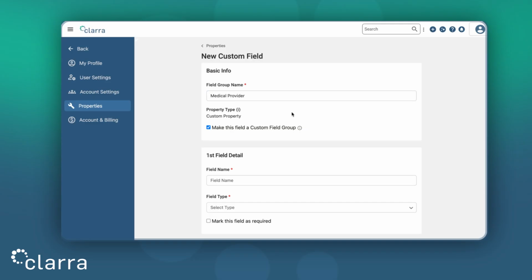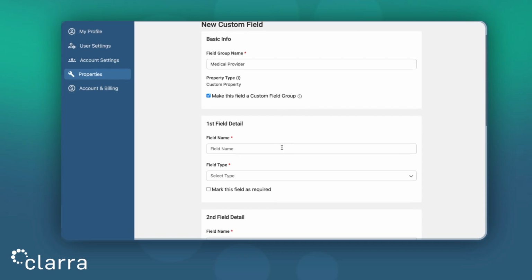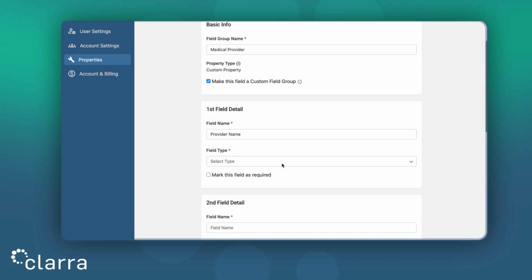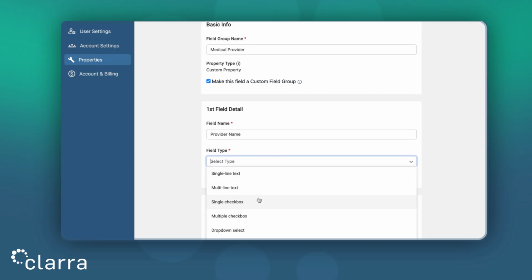Down in the first field detail, enter the field name. The provider name would be important to include. Then we get into field types. There are many different field types you can select from, depending on how you would like to enter data into the field. You can enter text, or select from predetermined checkbox and drop-down options, choose a date or date range,